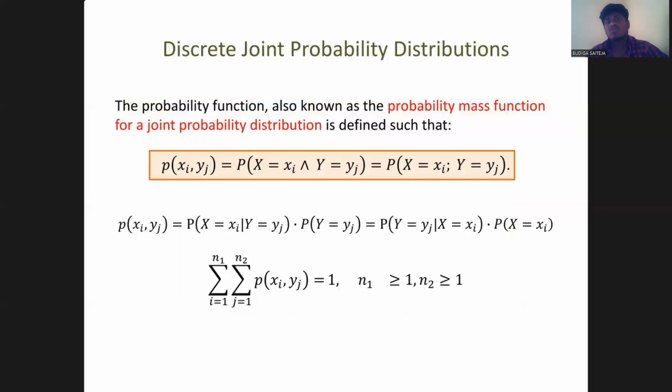Discrete joint probability distributions. The probability function, also known as the probability mass function, for a joint probability distribution is defined as P(xi, yj). We have taken the two points and then we convert into P(X equal to xi, Y equal to yj), and we can compare to the earlier formula. We have taken xi and yj as the discrete joint probability distributions. We can see the derivation of how it was processed,